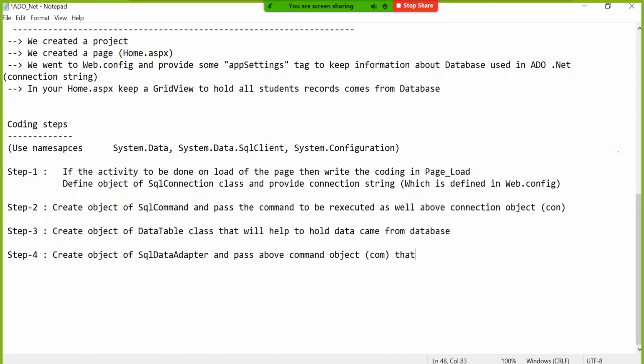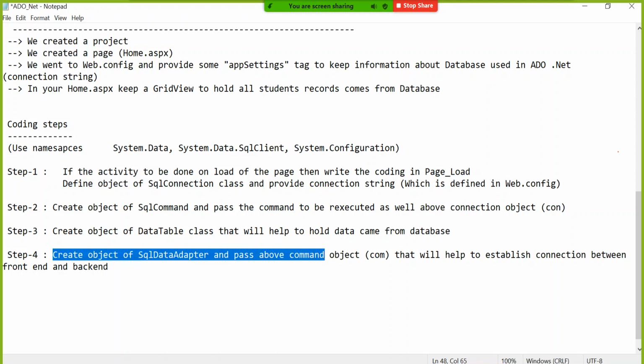That will help to establish connection between front end and back end. This time front end is C#, backend is SQL Server. That is a different story. Tomorrow if it is front end Java, backend Oracle, it's okay.